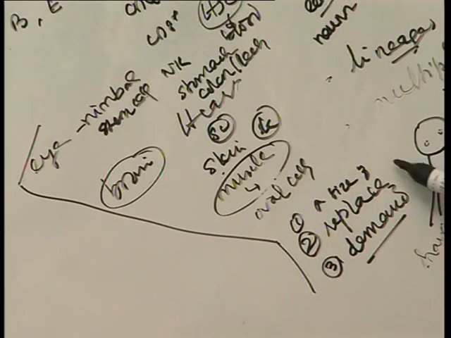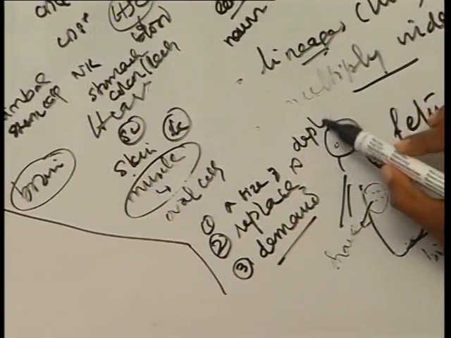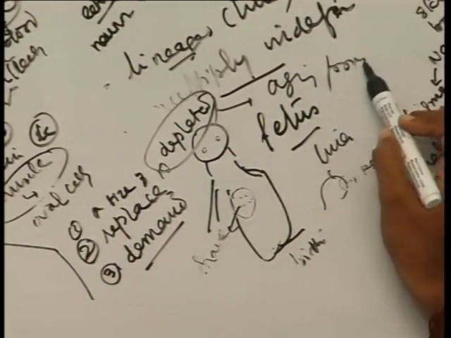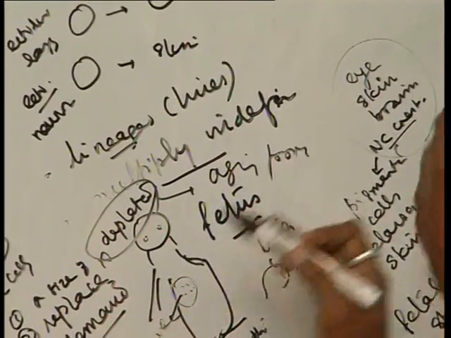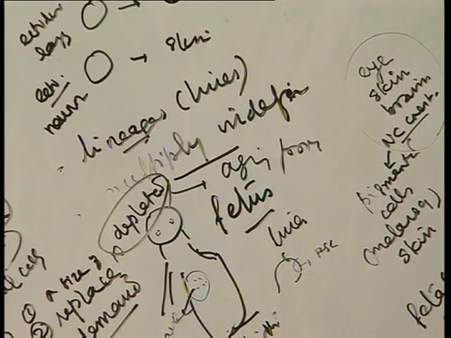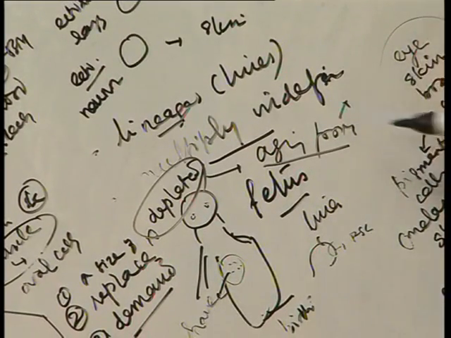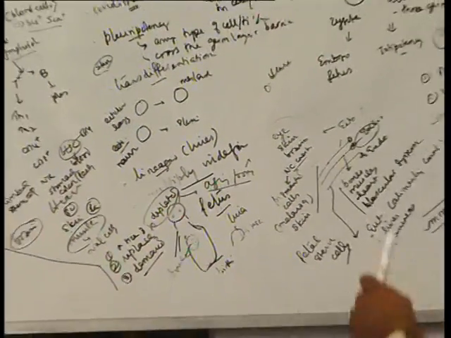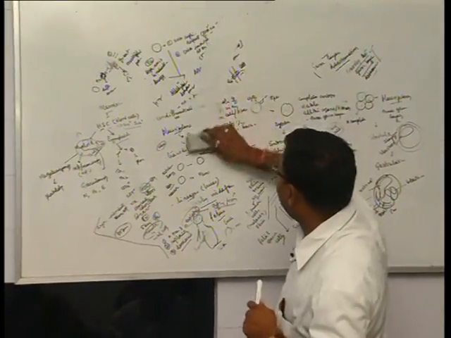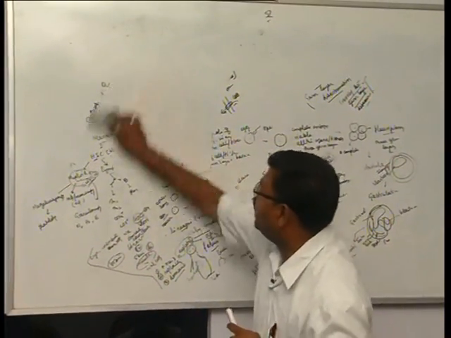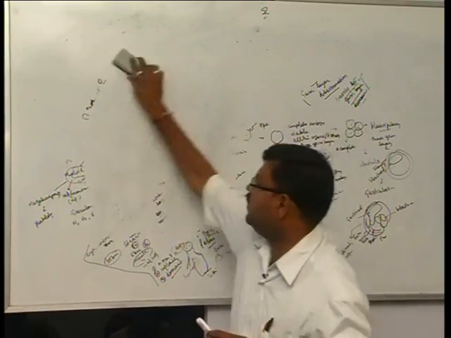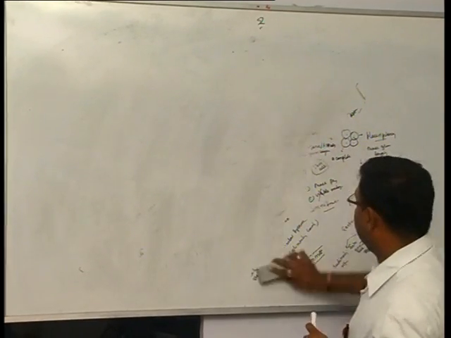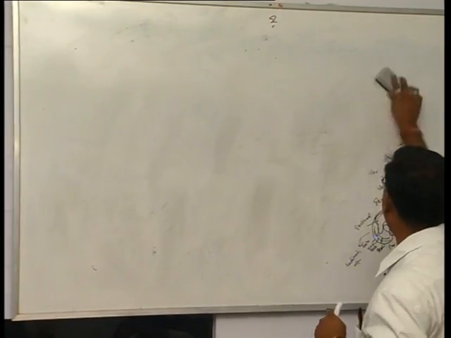And if they are depleted, you may end up in the aging process. So this is another role where stem cells come in. You understand? Clear about it? So these are all things you have to learn. And now, these stem cells are called adult stem cells. Why are they called adult stem cells? Because they are present in the adult organ. So this is an overview of what stem cells are.